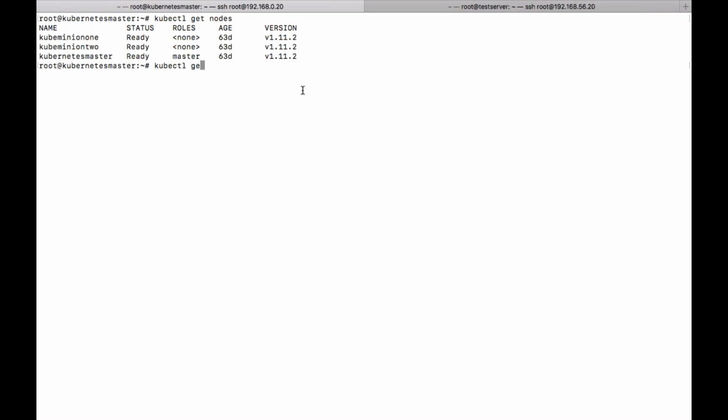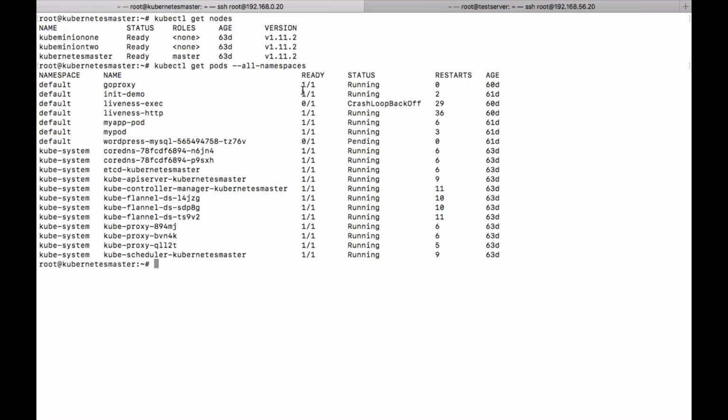If you want to get pods, here you can see there is nothing running with the name Tiller.